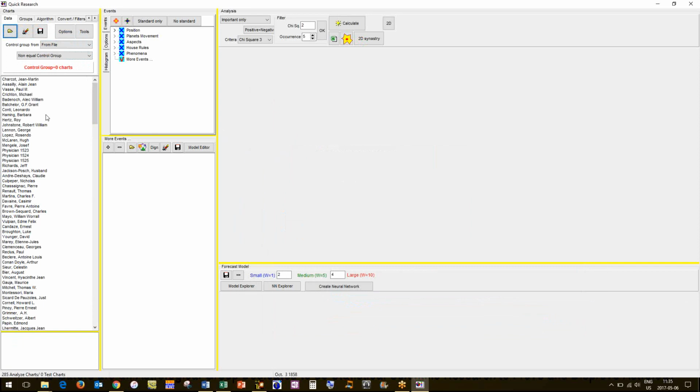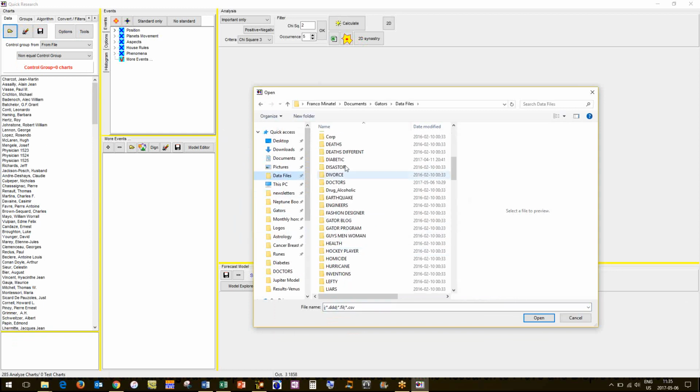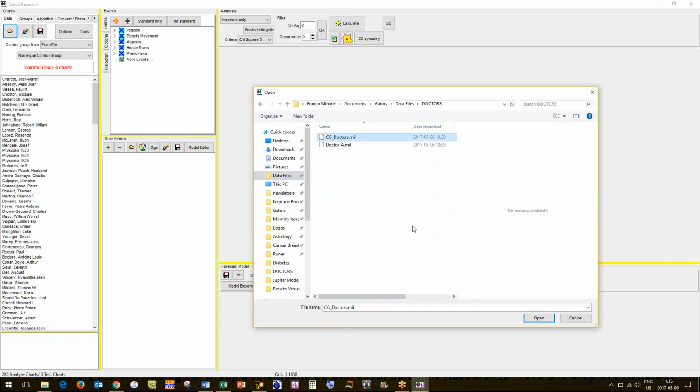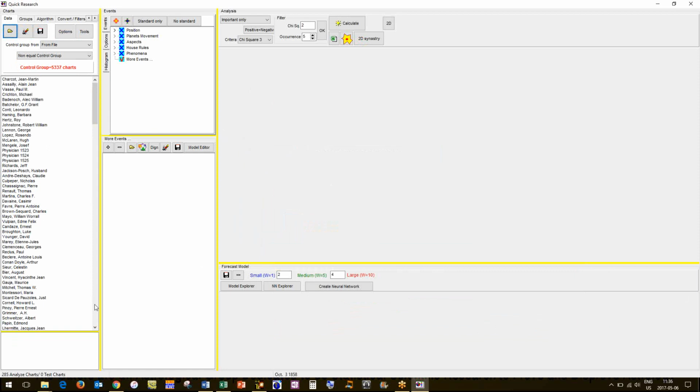There, 258. Now, control group from file, I'm going to select control group from file. There we go. I think I was hitting the wrong button previously there. Now here's our control group.